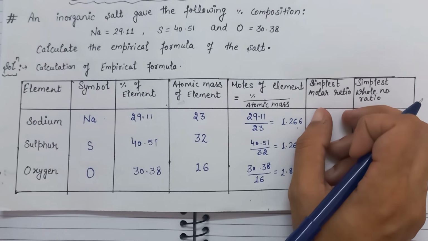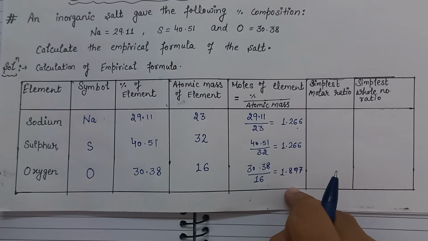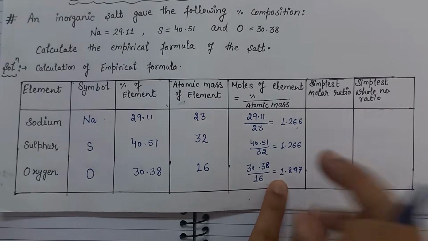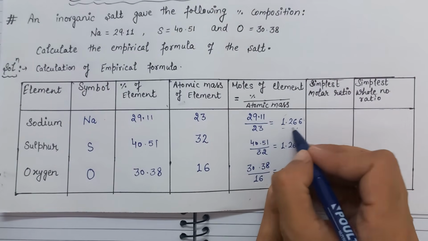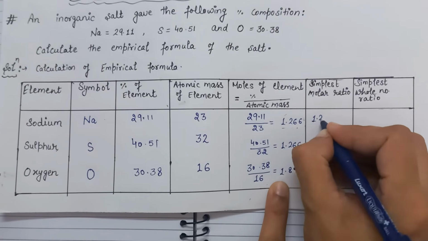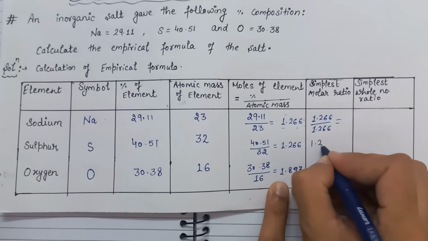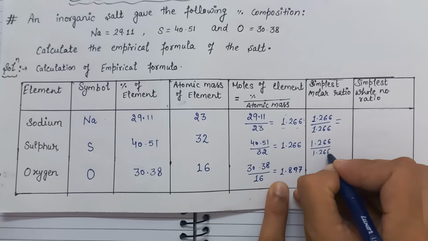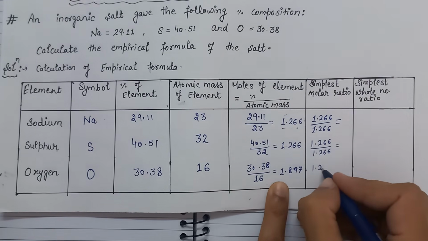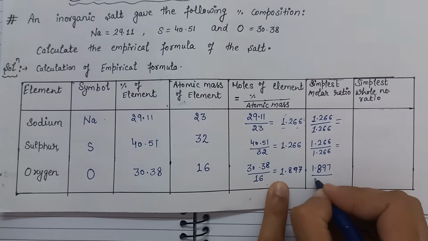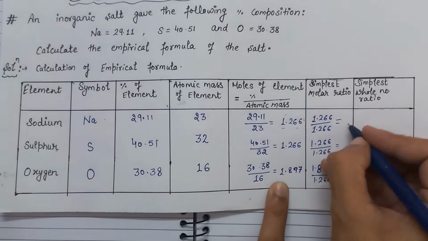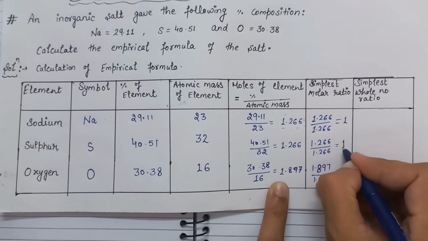In the next column, we have to find the simplest molar ratio. For this, we divide the moles of the elements by the smallest value of all three. The smallest value is 1.266. So in the next column, we divide these values by the smallest number. 1.266 divided by 1.266, and 1.897 divided by 1.266. So this value comes out to be 1, this also comes out to be 1,